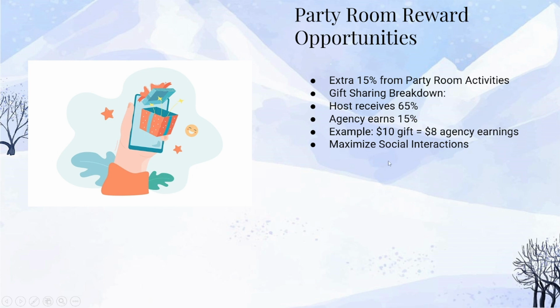Let's reread their example carefully. It says, $10 normal gifts to host gets $6.05, agent gets $1.05 diamonds. Then, party room agency agent gets extra 15% commission, means share increases from 65% to 80%. And then $10 sent to agent directly, agent gets $8 diamonds. Okay, so maybe it's simpler. If the money goes to the host gets $6.50, the agent gets $1.50. But if it goes directly to the agent in a party room context, they get $8 instead of the usual amount. The extra reward seems tied to direct agent gifting maybe, or does it boost the commission on host gifts too? The wording, share increases from 65% to 80%, is a bit ambiguous there.